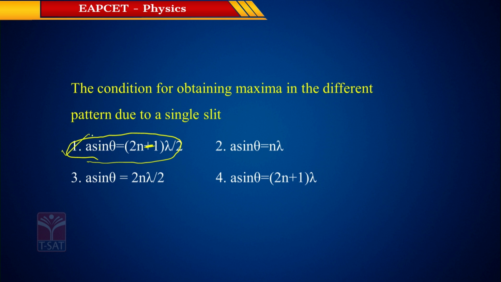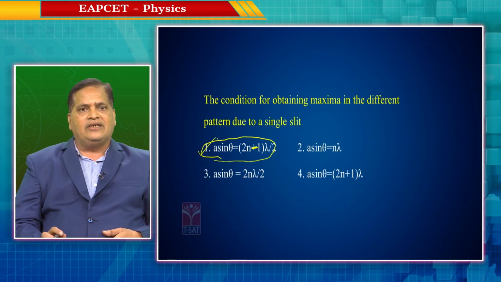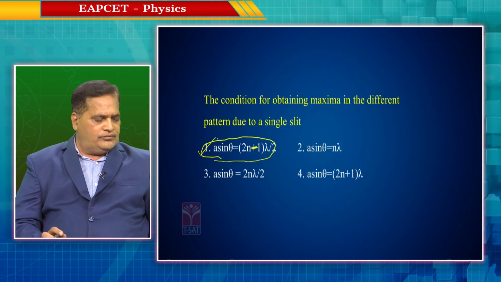The condition for obtaining a maxima in the diffraction pattern due to a single slit is a sin theta equals (2n minus 1) into lambda by 2. And next,